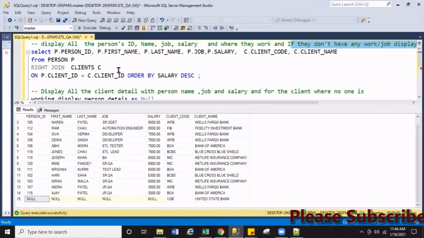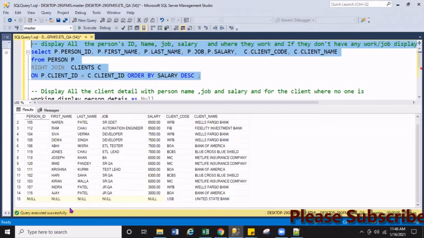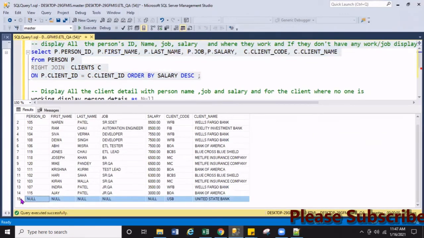Same thing, we just do the opposite. In the first table you use the client table, and in the person table, if there is nobody working in a client, display null for the person by using the right join.